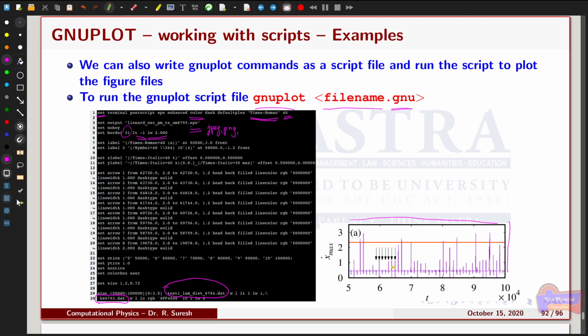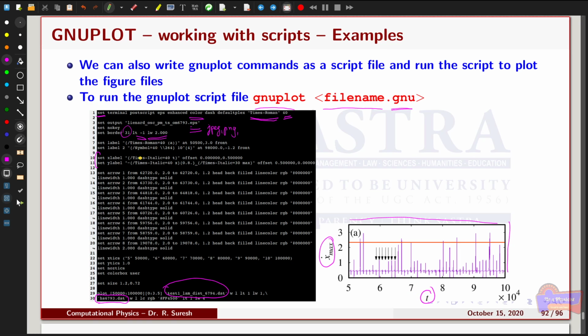Okay, fine. So next you have to give the labels. That means the X label and the Y label. This can be given by the command set xlabel, and whatever you want to write, you can write here, for example T. That means whatever you are writing within the curly braces and within the double quotes, and you can also give the font type, because initially for the whole figure I have mentioned Times Roman,